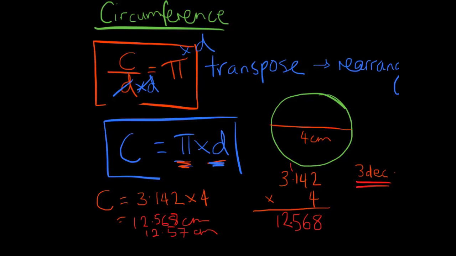If we only had our radius, we would use a couple of different methods or maybe a different formula, but at this point I'm just showing you how to use it with diameter. So that's it. That's how you'd work out the circumference of